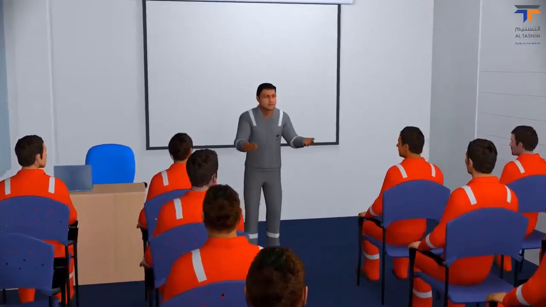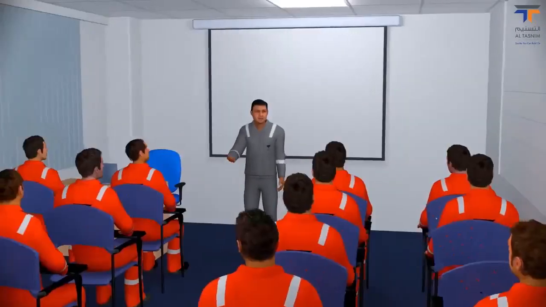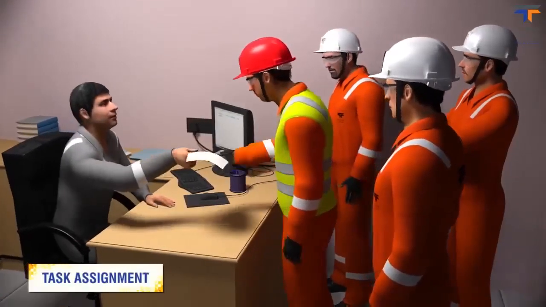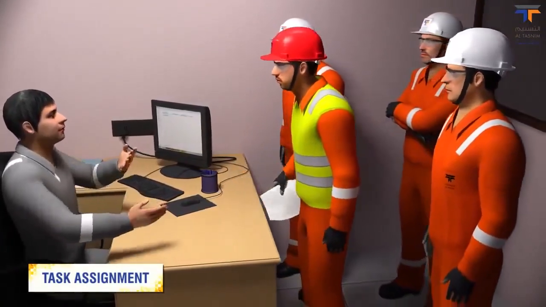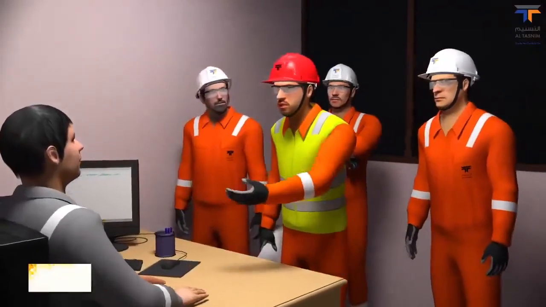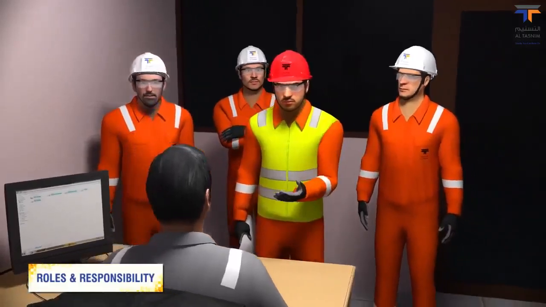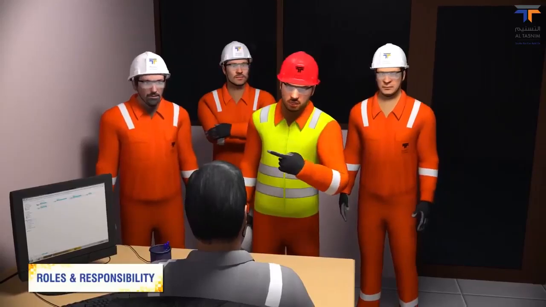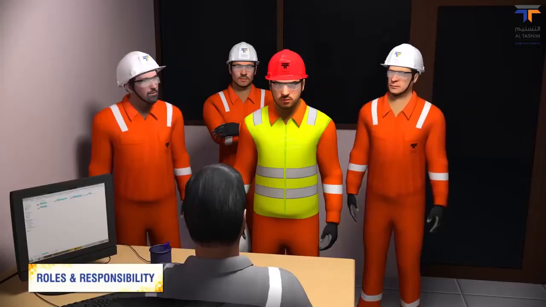As we know, toolbox talk is an essential part of work before commencing the task. It shall at least contain the below brief discussion. Task assignment. Discussing the task in details with the associated related hazards may help the workers to understand the associated risks. Roles and responsibility. In order to facilitate an effective safety management system, the roles and responsibilities of the concerned personnel shall be defined and communicated irrespective of other responsibilities.